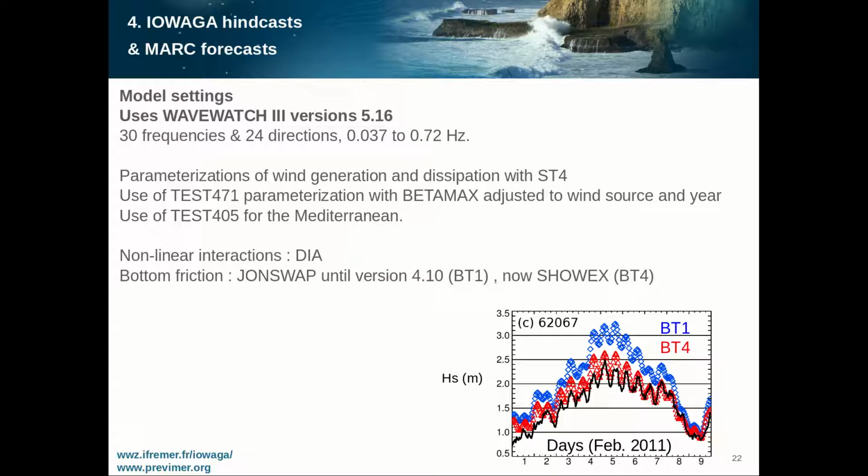So that's for wave dissipation and generation. The other thing I didn't touch much is what's called the discrete interaction approximation, the DIA. That's the way to compute the nonlinear wave interactions. I will talk more in detail about that tomorrow. And then we compute the